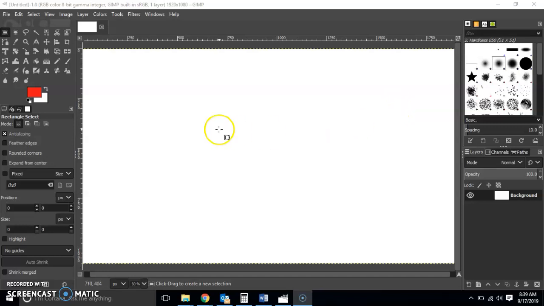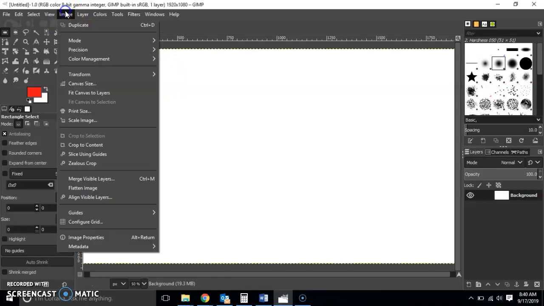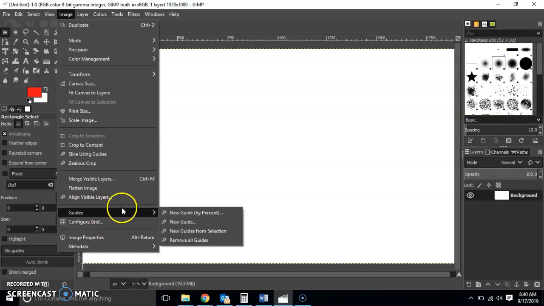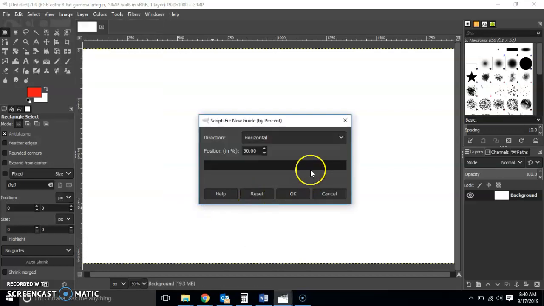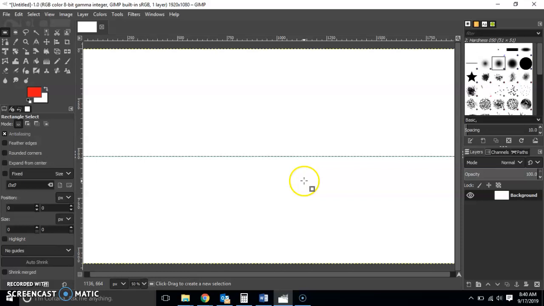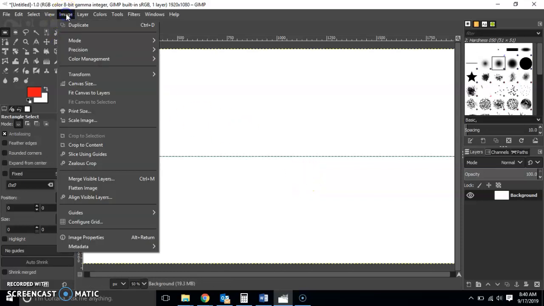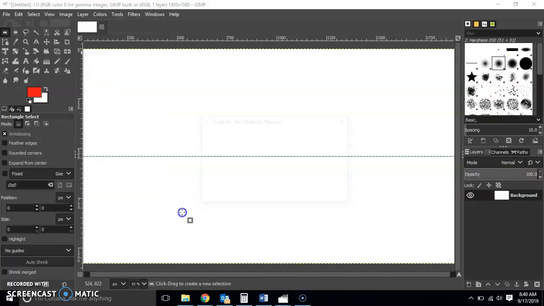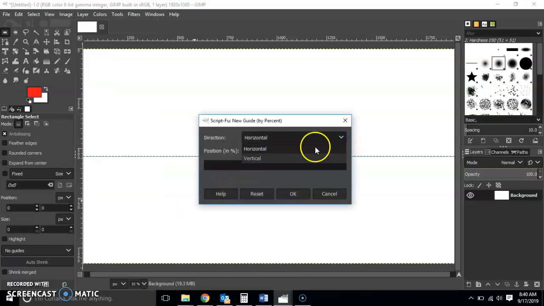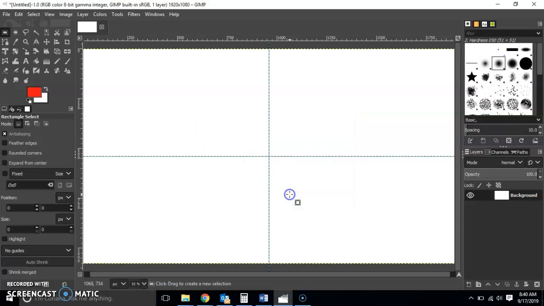Okay, so now I'm just gonna show you. I guess some of you might or might not have done this yet. We're gonna record this so that you can refer to it later. We've seen these guides being used before, and I'm gonna use that so that we have a point of reference for us to do our